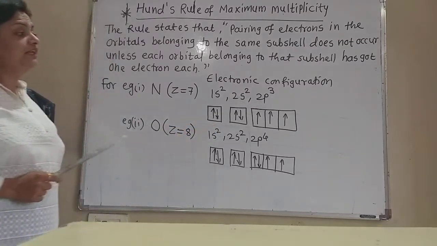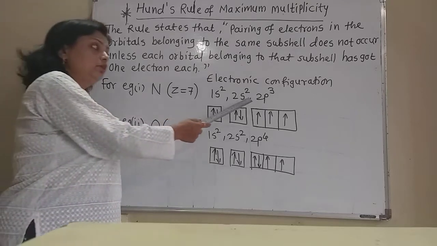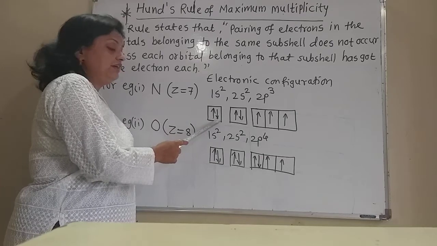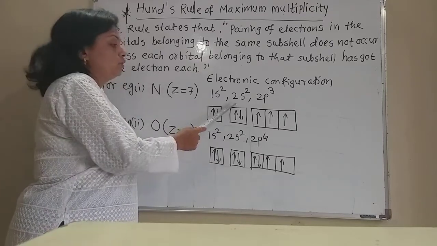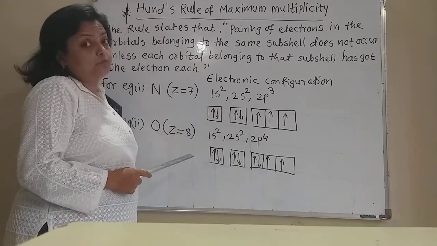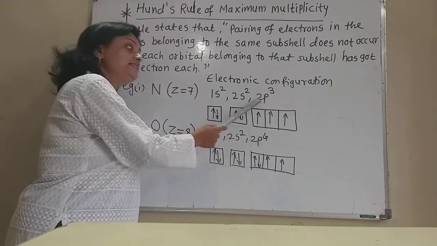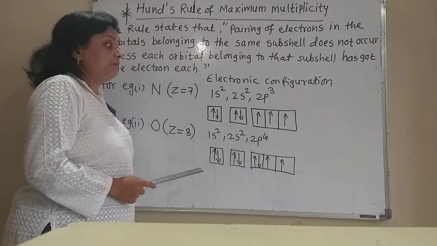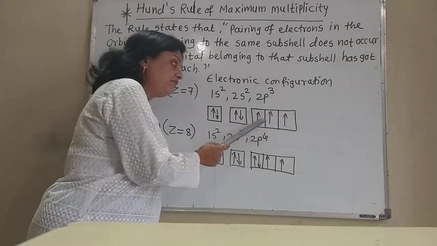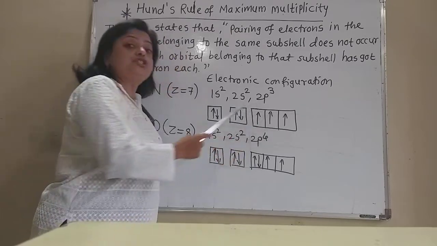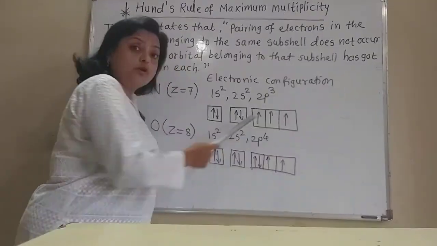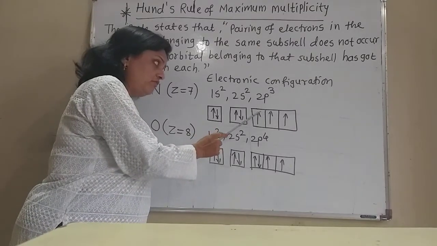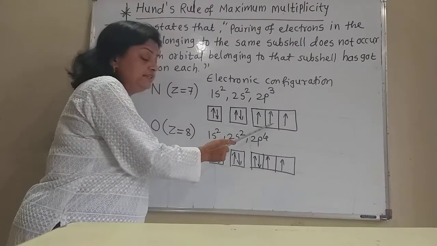Now there are 3 electrons in the 2p3 orbital. See, this is the 1s orbital, completely filled by oppositely spinning electrons. The 2s orbital is also filled by 2 oppositely spinning electrons, but this is the 2p orbital. It contains 3 different p orbitals. Now the electrons are filled first with parallel spin in all these 3 orbitals. They are not filled in this way: one here, the second electron here and the third here.